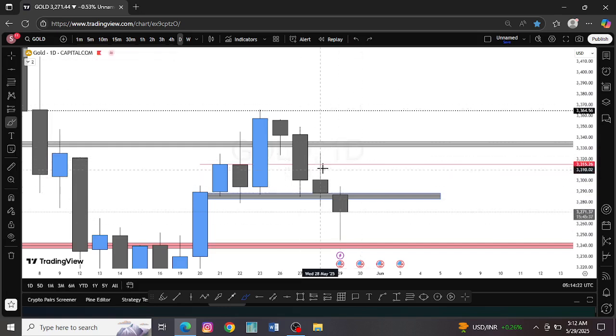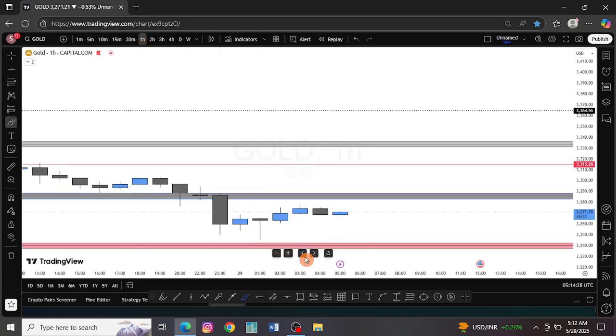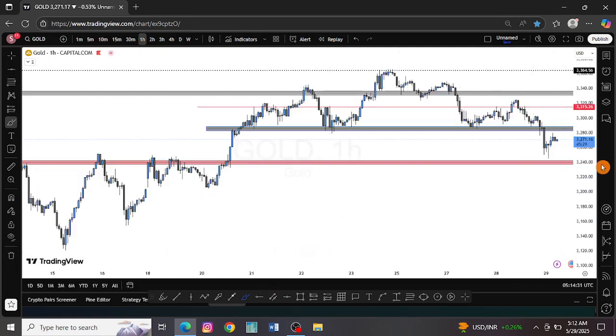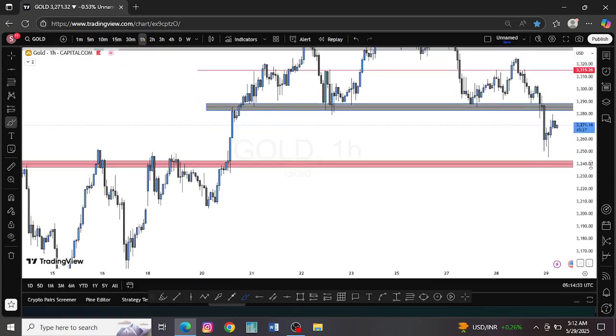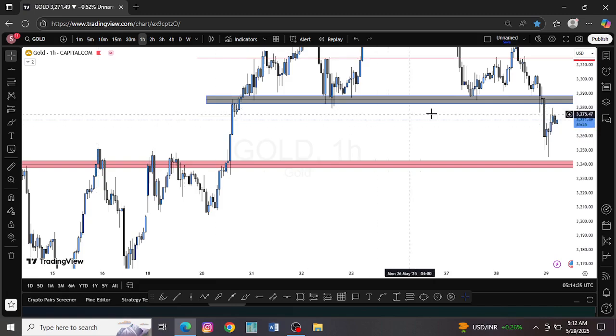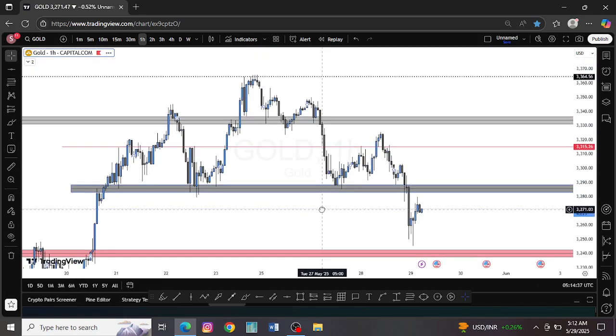Now that we know that we are fully bearish from here, let's get to the lower time frame to get a breakdown and get the exact entry point for us to take our sell trades today. Now coming to the 1 hour, you would see that